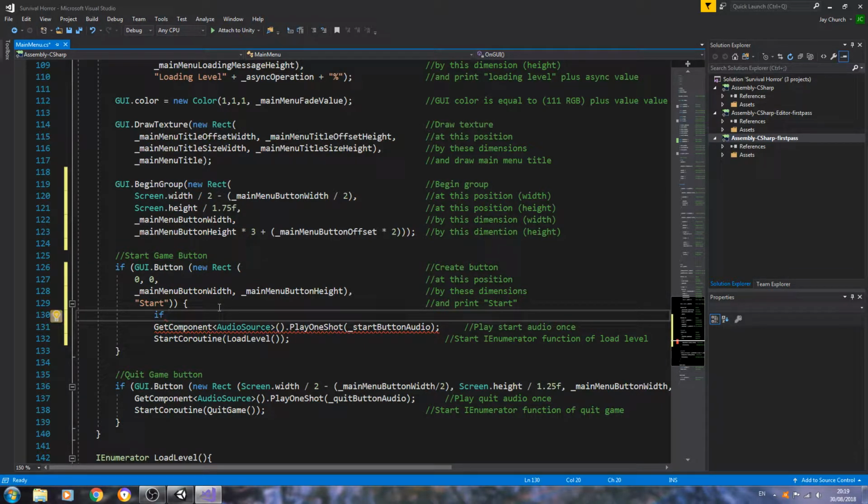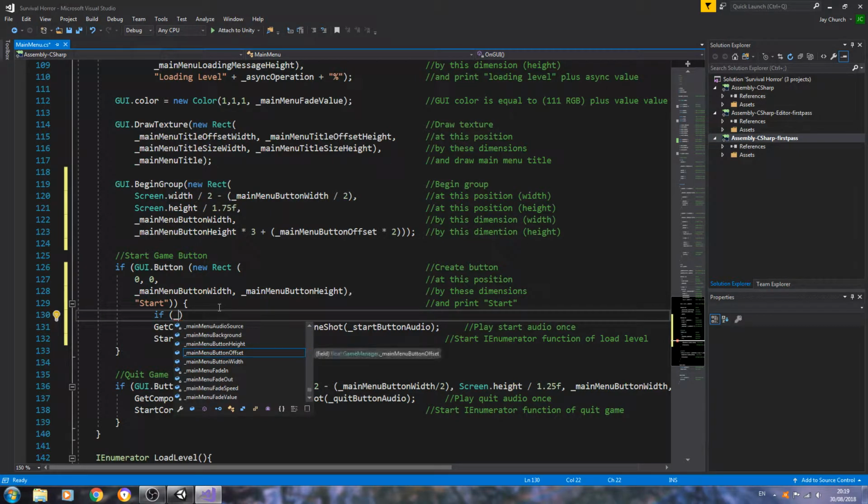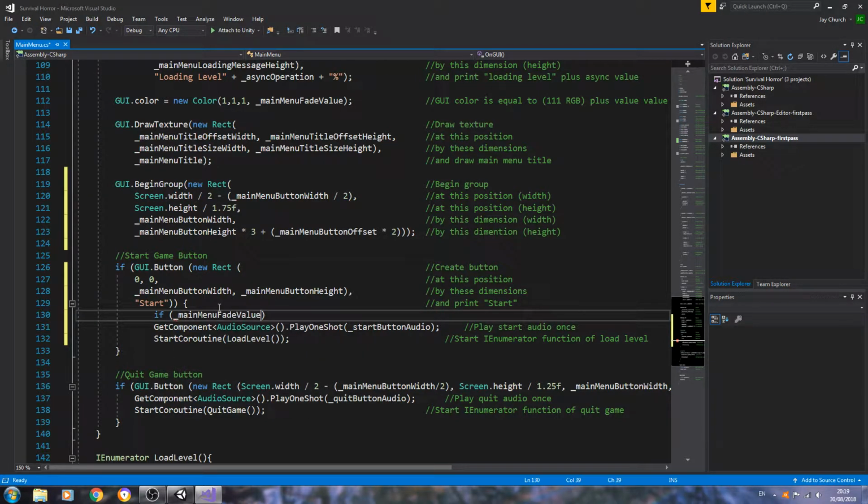We'll come back to this block if open and close brackets, inside the brackets, underscore, we want the main menu fade value is less than 1, which means that the main menu has not finished fading in. So if fade value is less than 1,